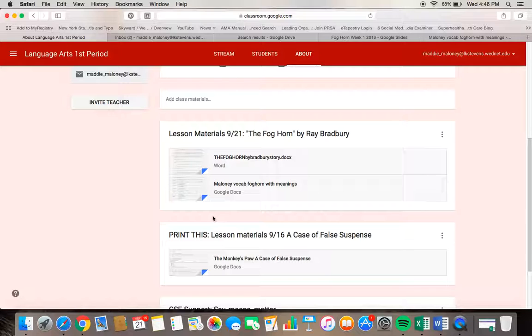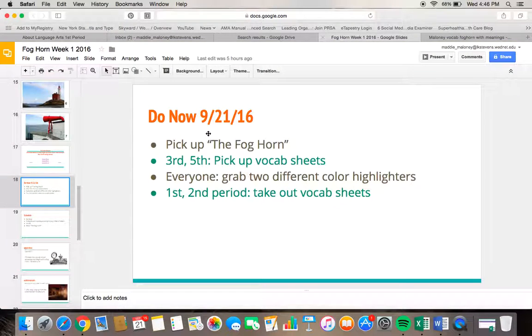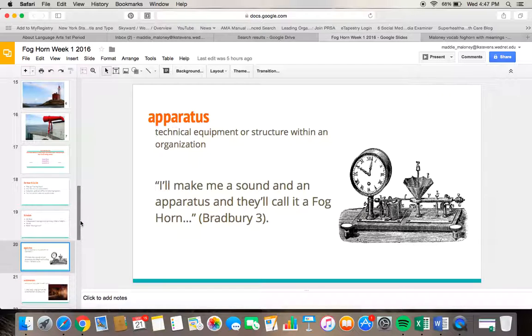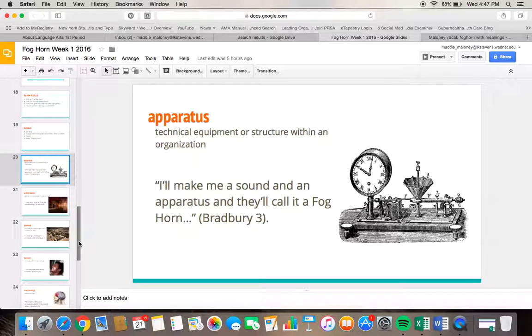So I want you to have the vocab out, and I will go ahead and go through the slides with you so that you can write down the definitions. The first thing that we'll do is we're just going to start with the middle column under meaning, and those are the definitions, okay? All right, so the idea here is that I'll show you the slide, and then you can go ahead and pause after each slide so that you have time to write down the meaning.